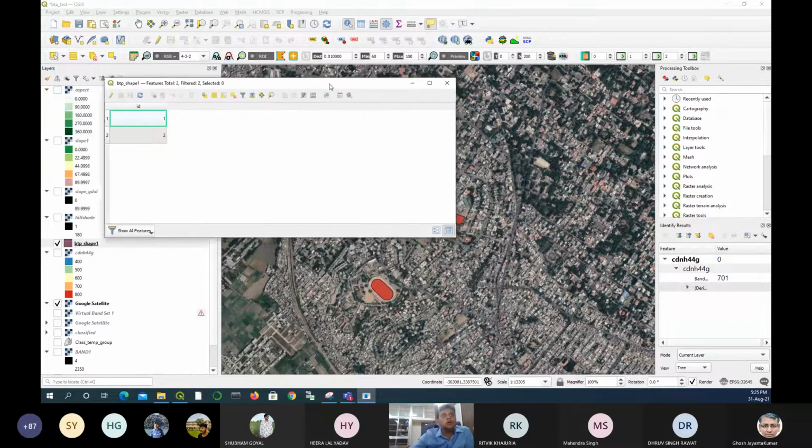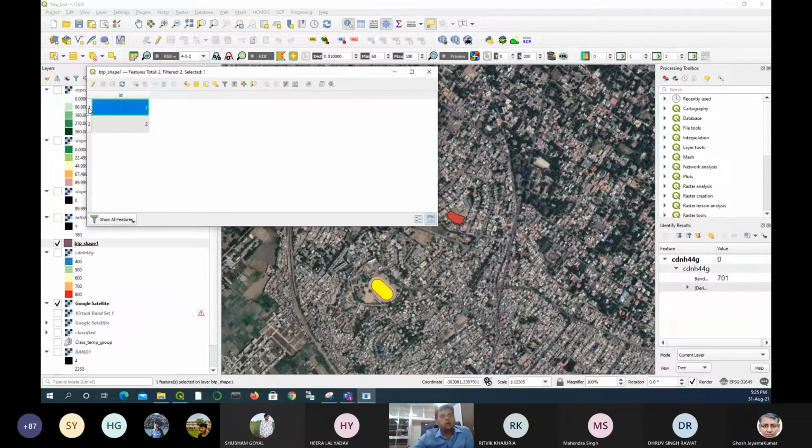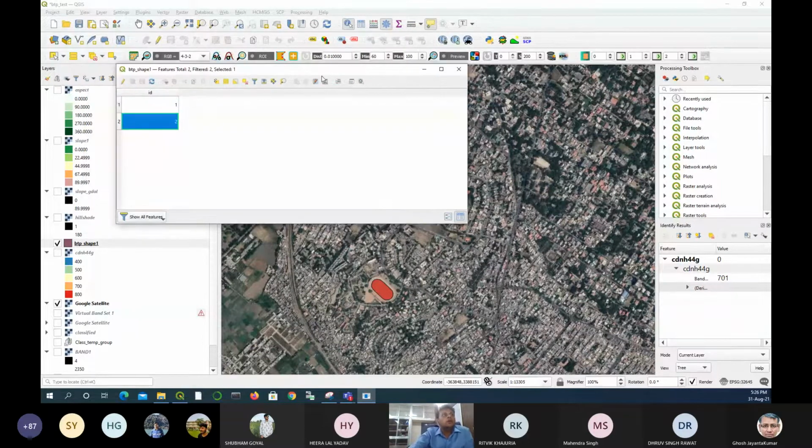When we click on ID 1, this is highlighted, ID 2, the other one is highlighted. See, and now you have created 2 football fields or maybe two playgrounds, for instance. Let's say somebody asks you just to map all the playgrounds in your study area. You can do that. So now what else could we do? You can create some more columns here to calculate the area of these football fields and the perimeter, for instance.